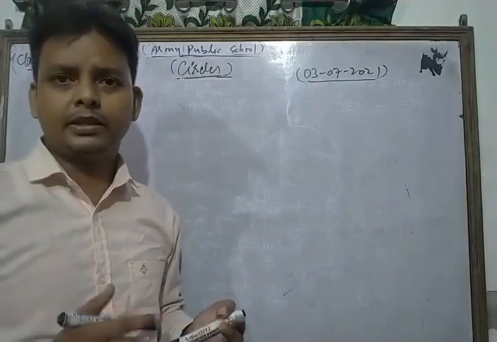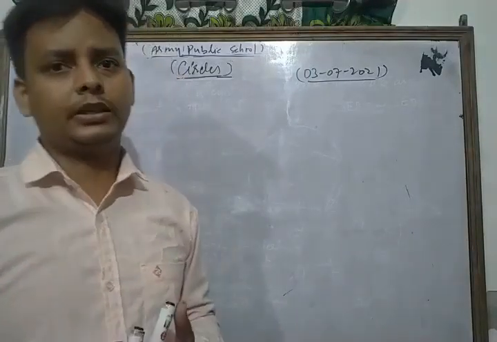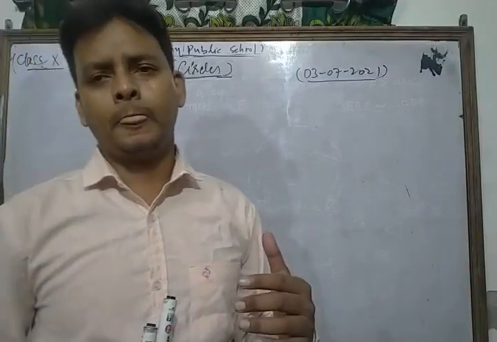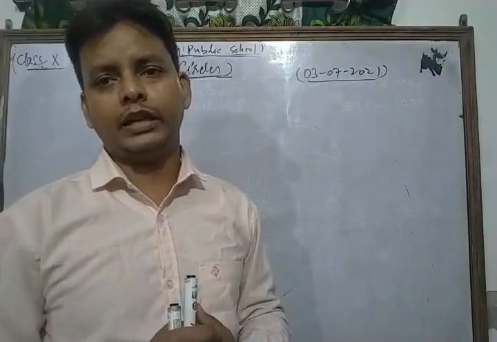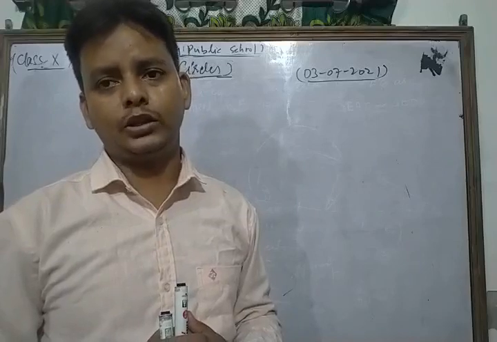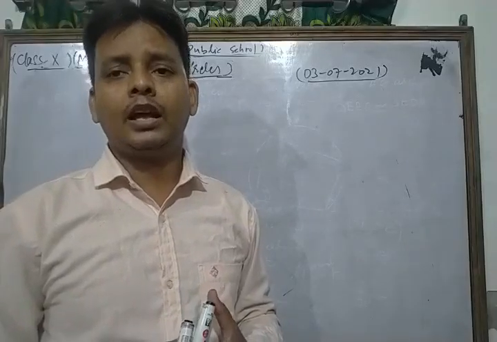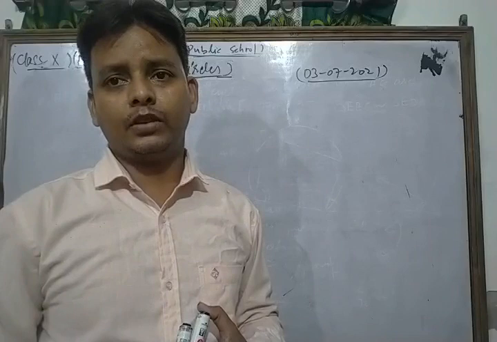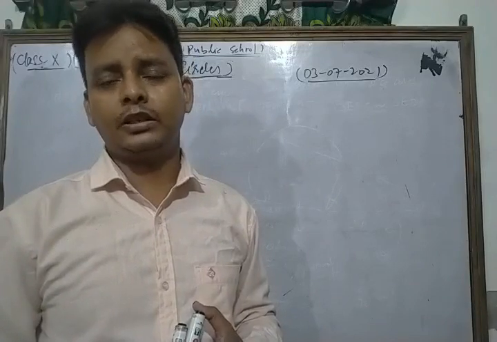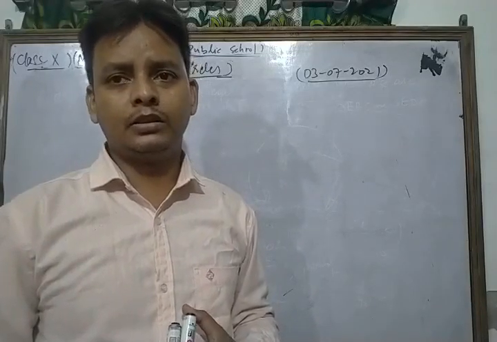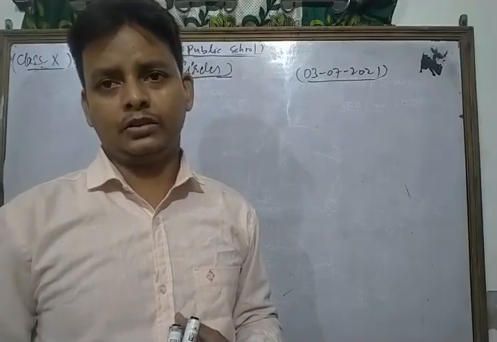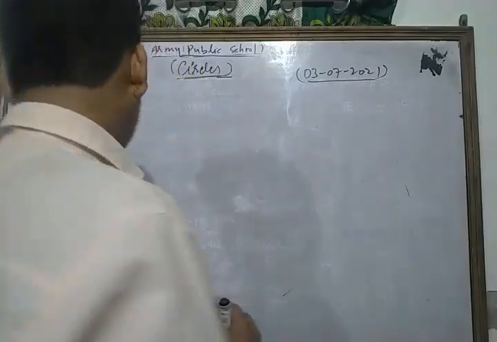And in that chapter there are two very important theorems. The first one is that the lengths of tangents drawn from an external point to a circle are equal to each other, and the second is that the radius of a circle is perpendicular to the tangent. Okay, now we take some important questions based on these topics.